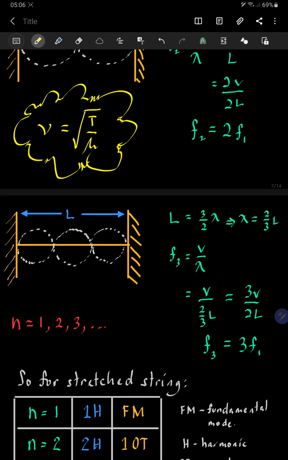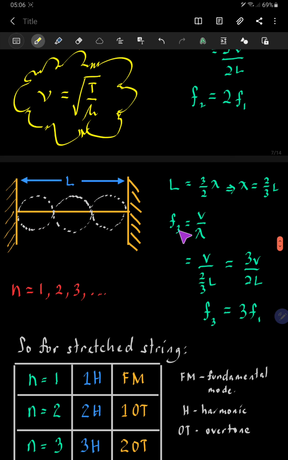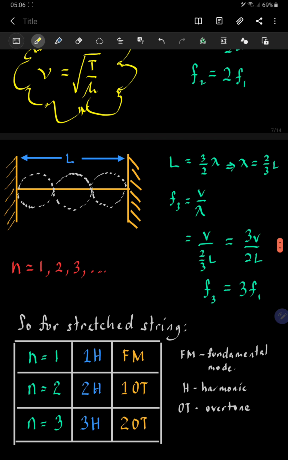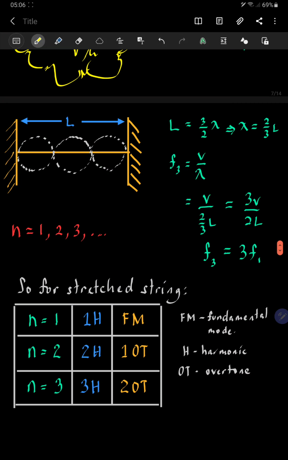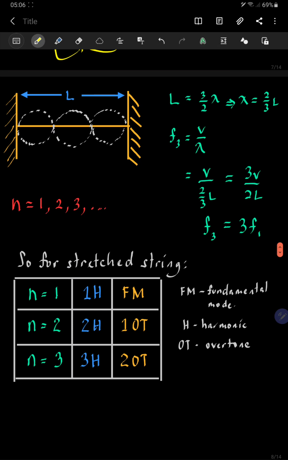So according to this situation, F here should be Fn. So Fn equals V over lambda n. According to this, it seems like our n equals 1, 2, 3 and so on. It just equals the round numbers here. So based on that, we may simplify that for any stretched string, our n just equals 1, 2,